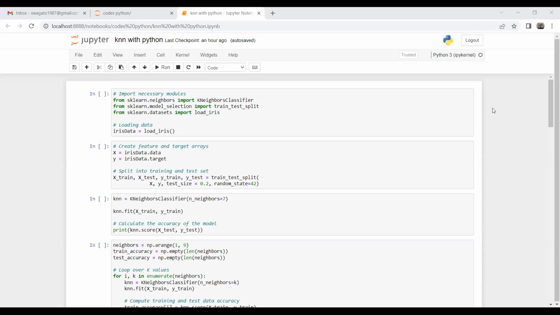So I will be showing you two use cases. One is on prediction in the context of categorical data, and another is continuous data. So sklearn is a library that we use heavily in the context of machine learning. I have already installed it. So from sklearn.neighbors, from this particular sub-package, I'm importing KNeighborsClassifier. This is the function that I'm importing. Similarly, from model